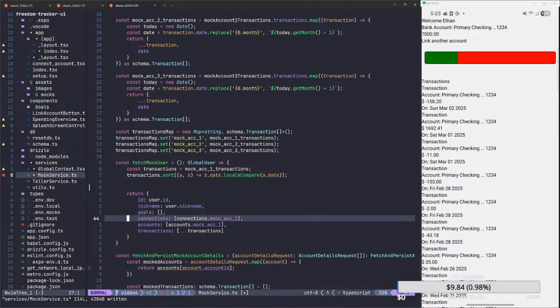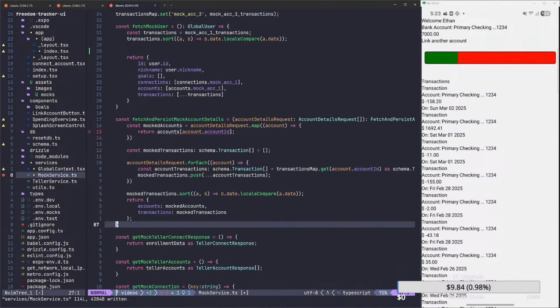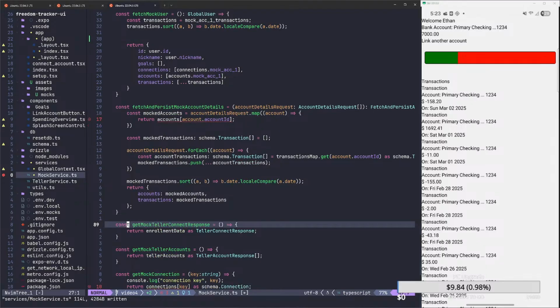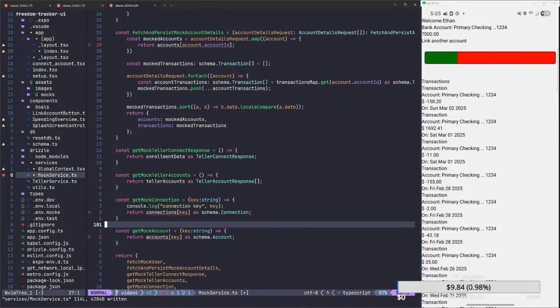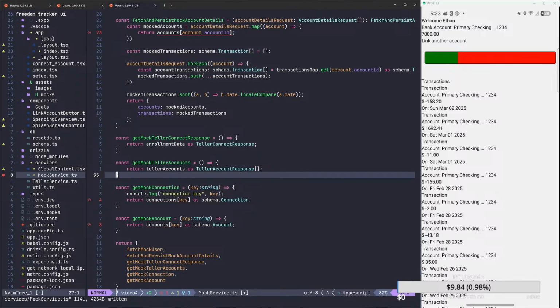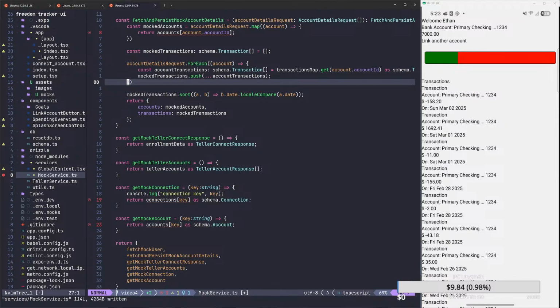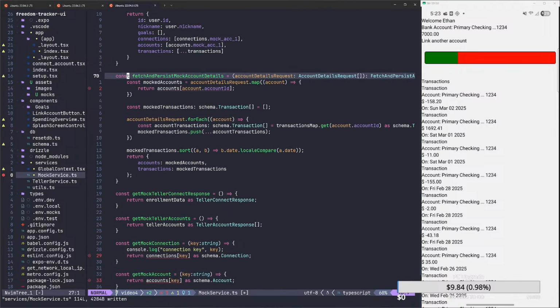So now what we need to go ahead and do is I need to map these. So this gets a specific account. So basically I want to map through each key. So what do we want to do here? So let's do this. The question is, do I want to make another function to deal with this or not? I don't know if I want to. I think we'll just